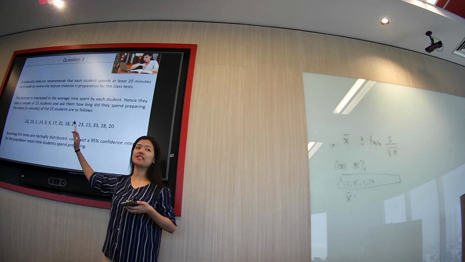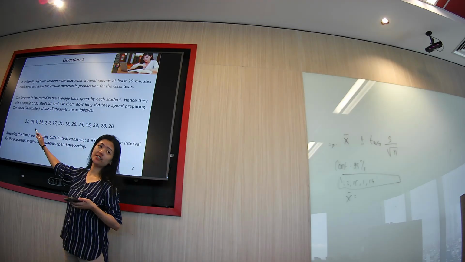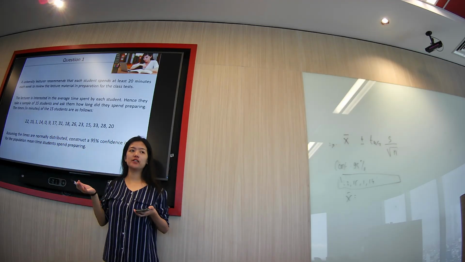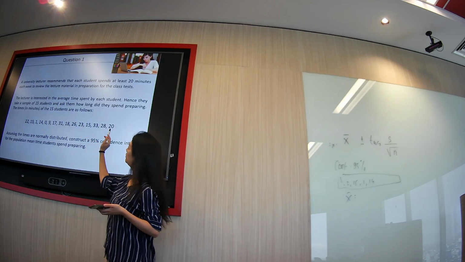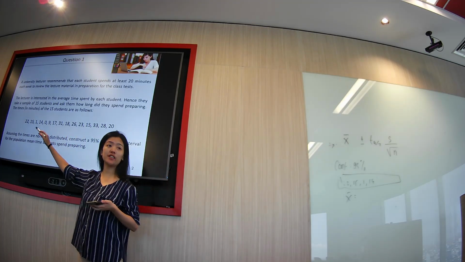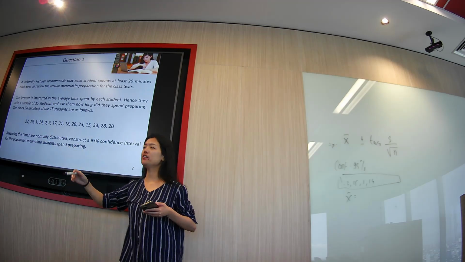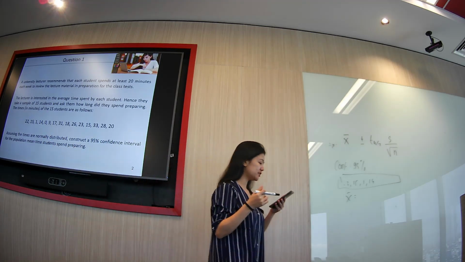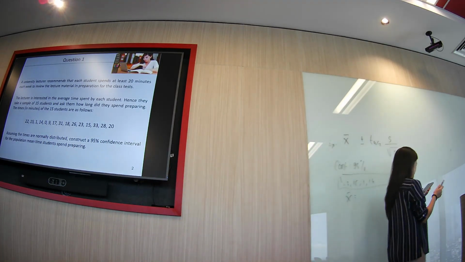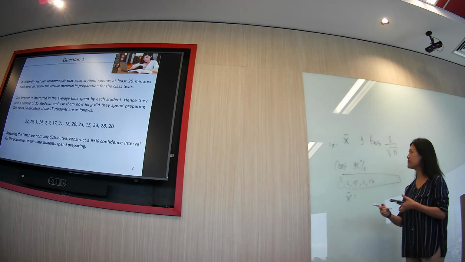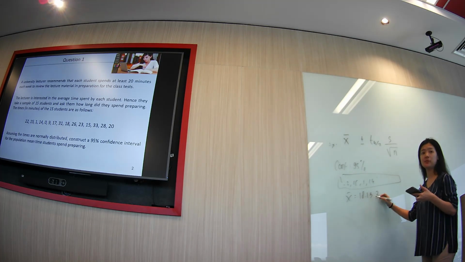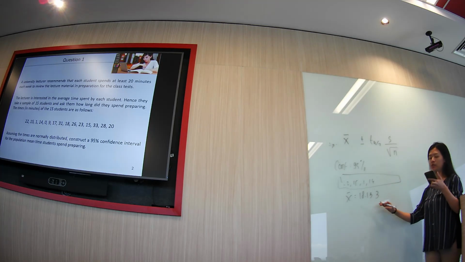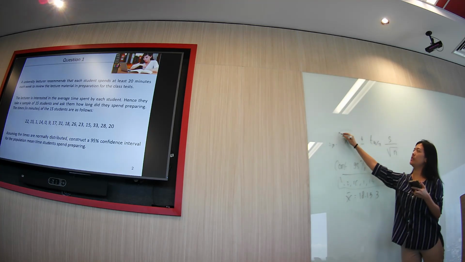Yes, sum it all and then divide it by the total number. What is the total number? How many is it? 15. Yeah, divide by 15. Maybe you already get the x bar. 18.133. We use 3 decimal places, yeah. So you know how to get this one.